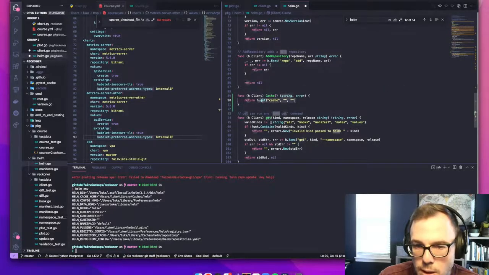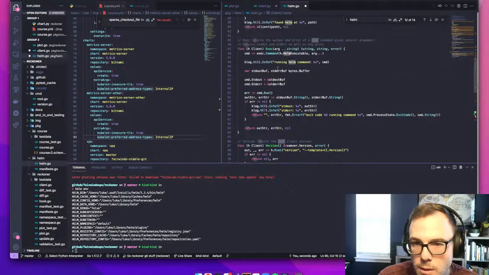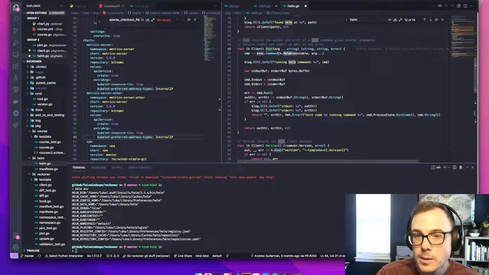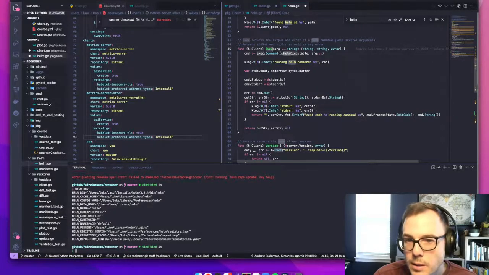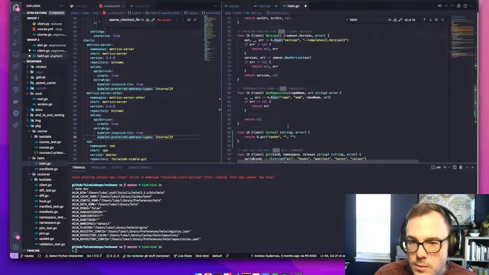So we're not doing a get, but we will be doing an exec. So this method on the Helm client that we have here is to run a Helm command essentially. So we set up our arguments. I don't think we need to say Helm. That's implied here. Yeah, Helm executable. And then we pass in our args. So what we'll do,